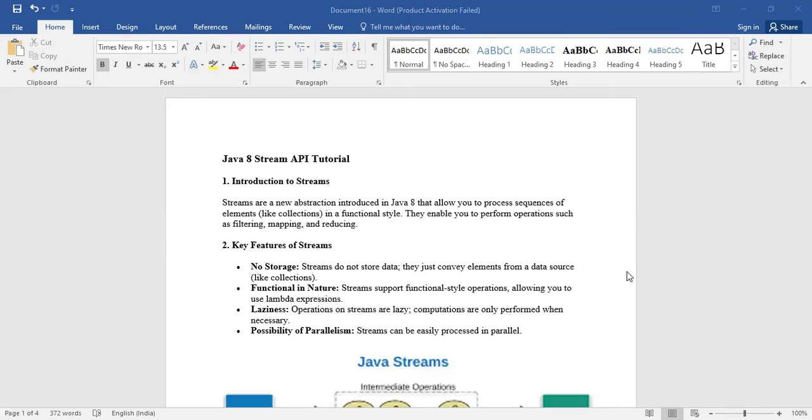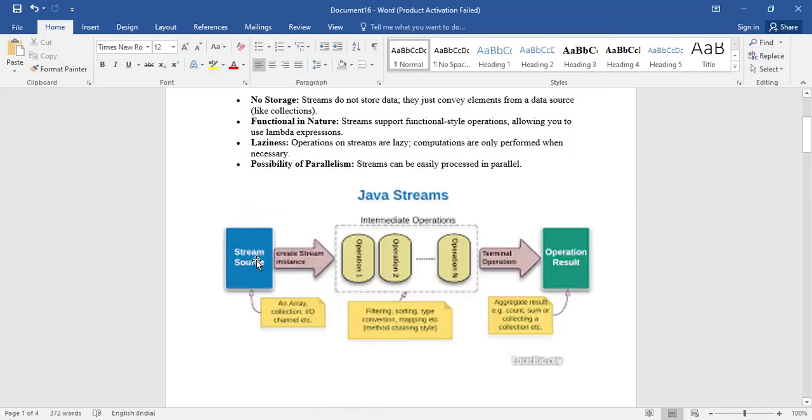If you see later in the diagram here, there is a source. You will create a stream, and you can also create a pipeline of operations: operation one, operation two, operation three. So first, let's say you wanted to do a filter, then you wanted to do a map, converting each and every object into something else, and then you want to collect the result.